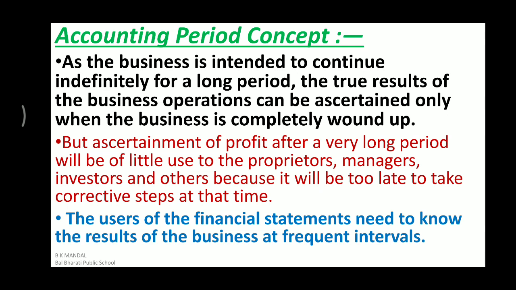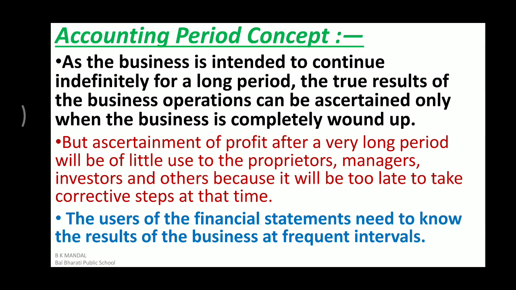The proprietors, managers, investors can't wait for an indefinite period of time for the ascertainment of profit. Why? Because if they wait for a very long period, it may be too late to take corrective measures. How will you know whether the business is running smoothly or not? What are the loopholes of the business? If loopholes are there, what corrective measures can be taken to improve the performance of the business? That's why ascertainment of profit is very important,